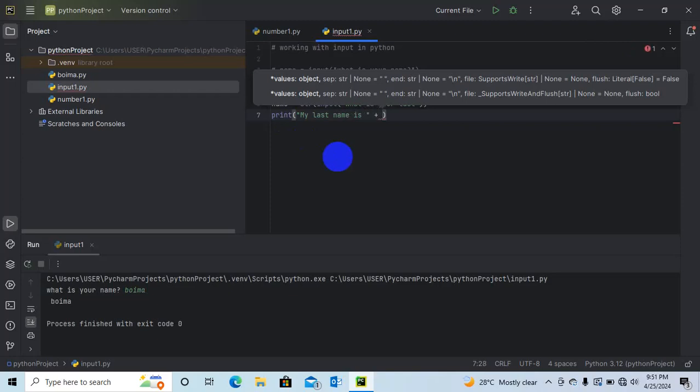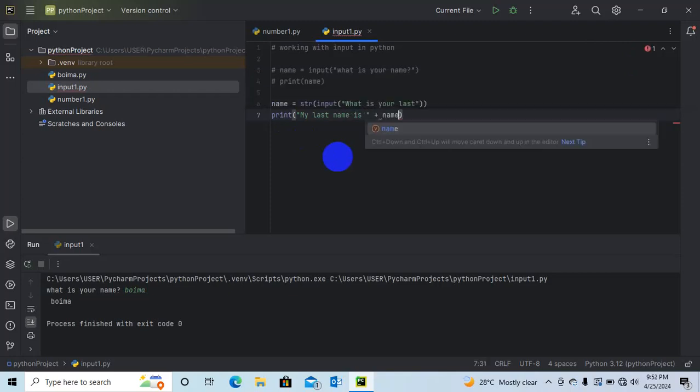Give a space, then the name variable, give a space and put plus, and put an inverted comma.